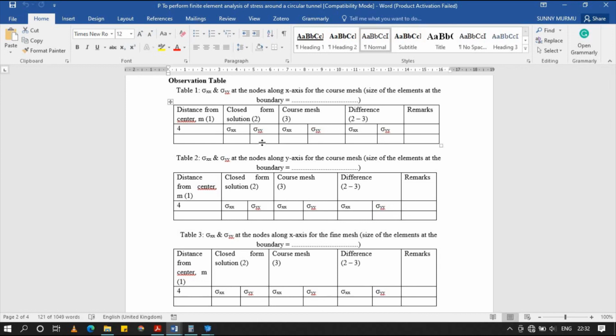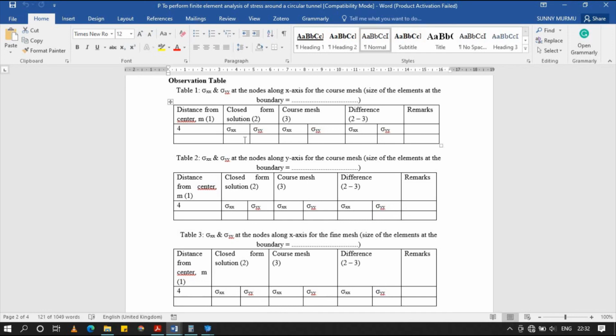Through the closed form solution, sigma rr is 0 and sigma theta theta will be 30 MPa and 6 MPa for sidewall and crown.